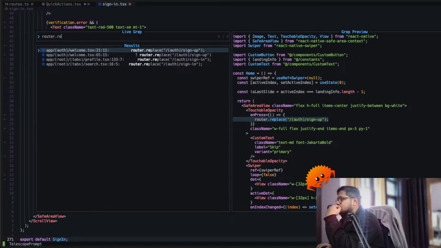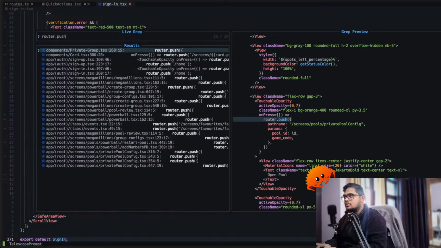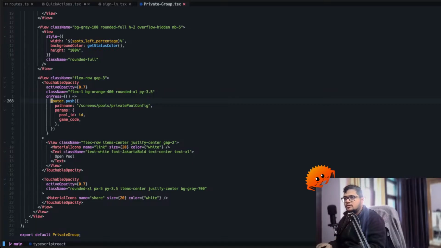Or sign up. Yeah, this is what I was looking for. Router.push, and I can pass in some parameters as well, and I can implement or say